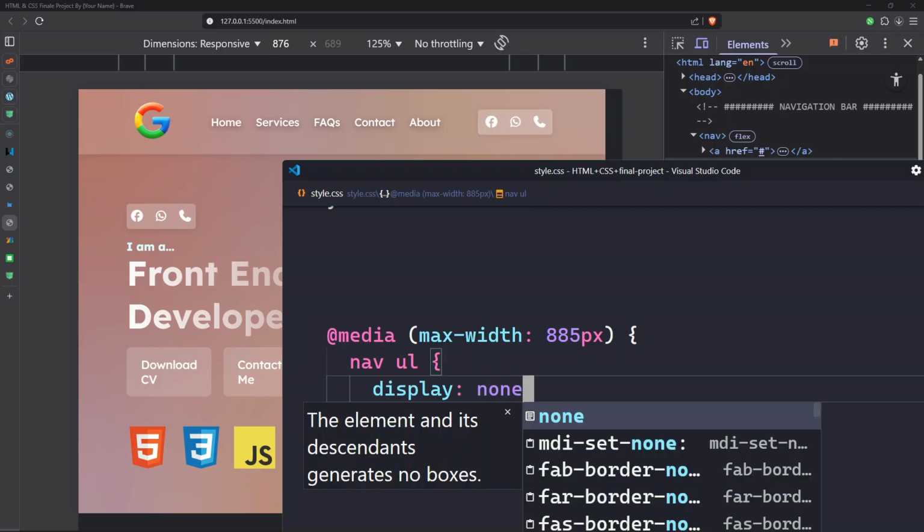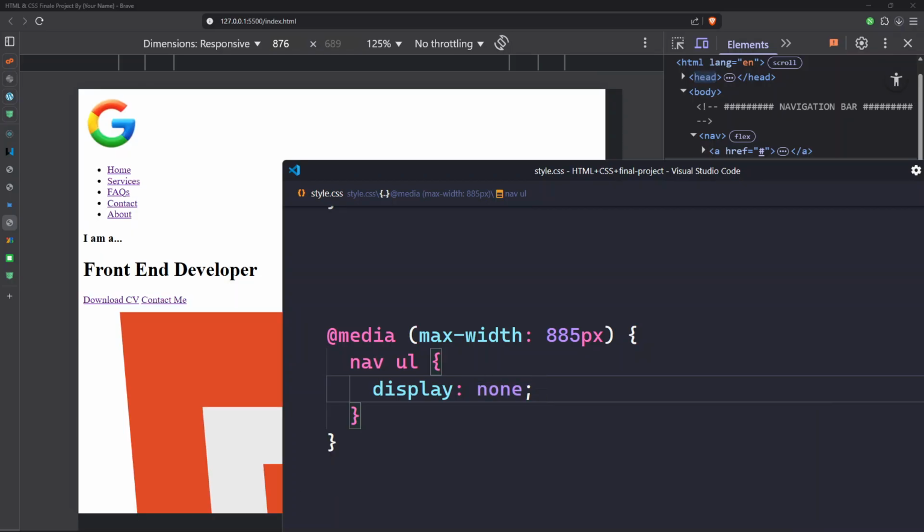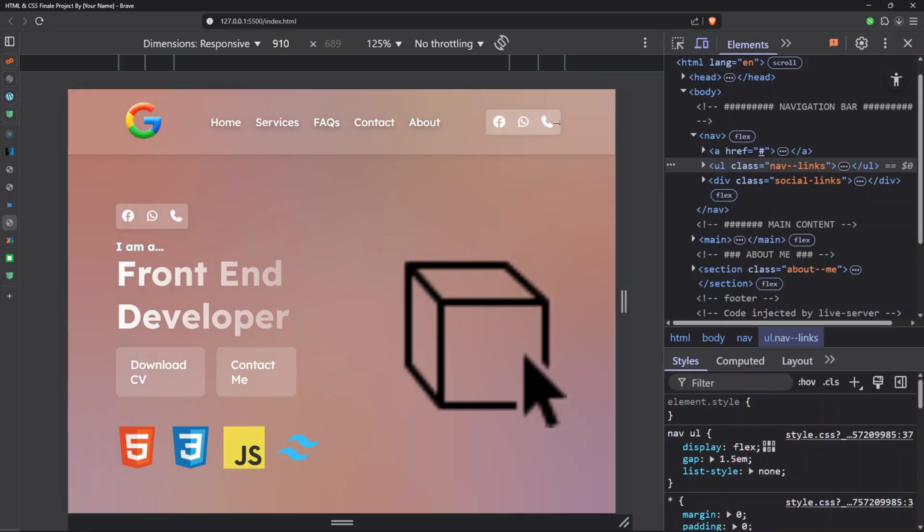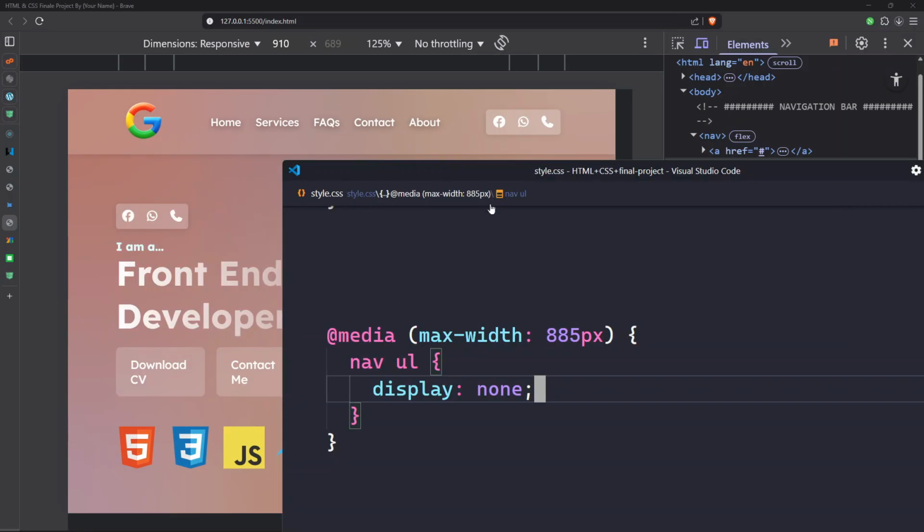Display none would remove any HTML elements completely from your website. Can you see that it has disappeared now? So it's not there again. But once I drag it outside of that number, you can see I'm not inside that number now. I'm not inside the 885. This is 910. So outside this number it will show, but once it's less than 885 it will not show